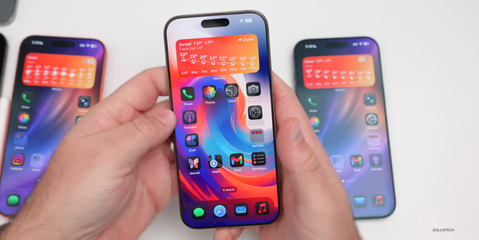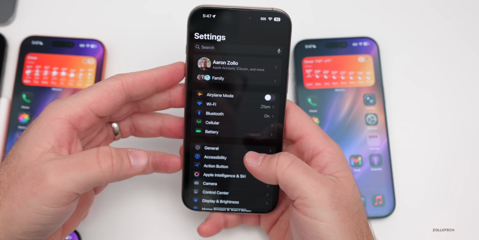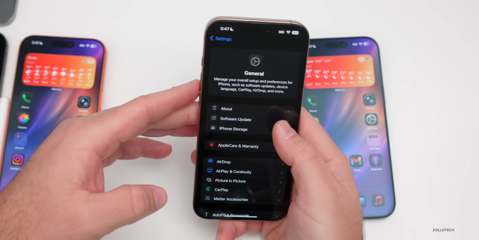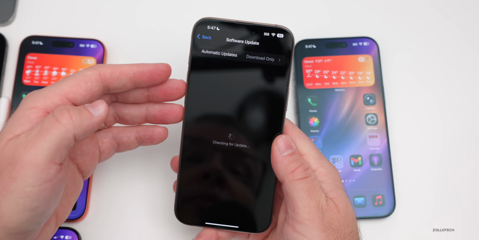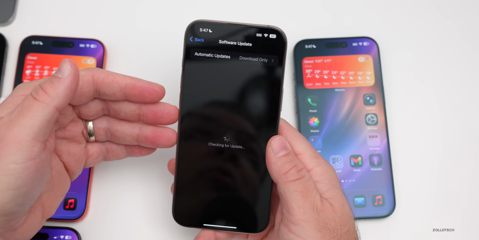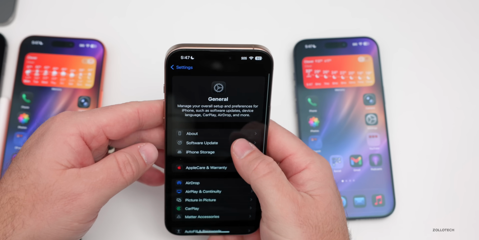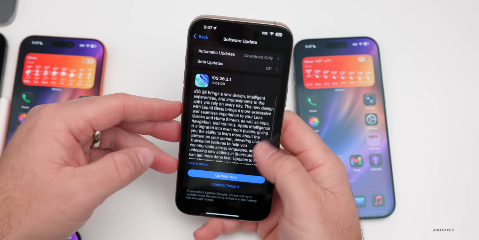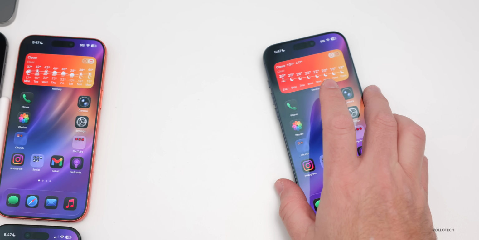One other thing I wanted to mention is that along with iOS 26.2.1, Apple also introduced iOS 18.7.4. However, if you're on a newer device, such as the 16 Pro Max, we go to Software Update, the only thing available is iOS 26.2. Unfortunately, Apple is not allowing any devices to upgrade to this. It's only available for iPhone XR, XS, and XS Max. So you'll see it's still checking. Let's try again. And there we go. We have 26.2.1. There's no option for iOS 18. I wish Apple would allow it,